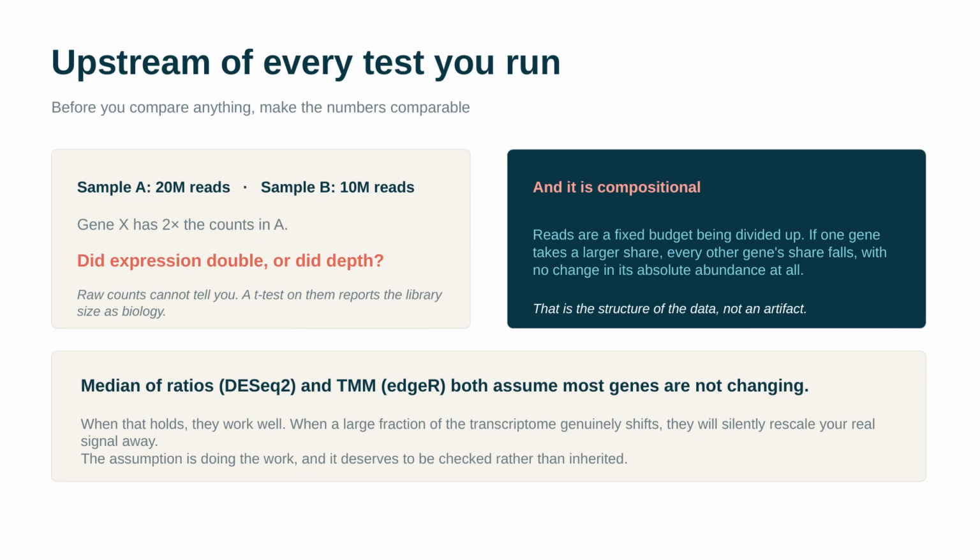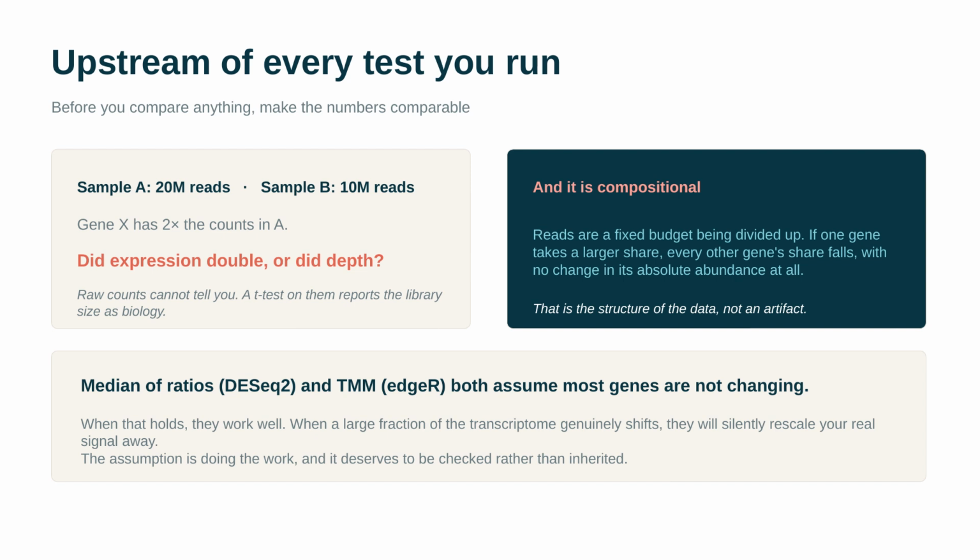This one is upstream of everything else. Sample A got 20 million reads, sample B got 10 million. Gene X has twice the counts in A. Did expression double, or did sequencing depth double? The raw counts cannot tell you, and a t-test on raw counts will happily report the library size difference as